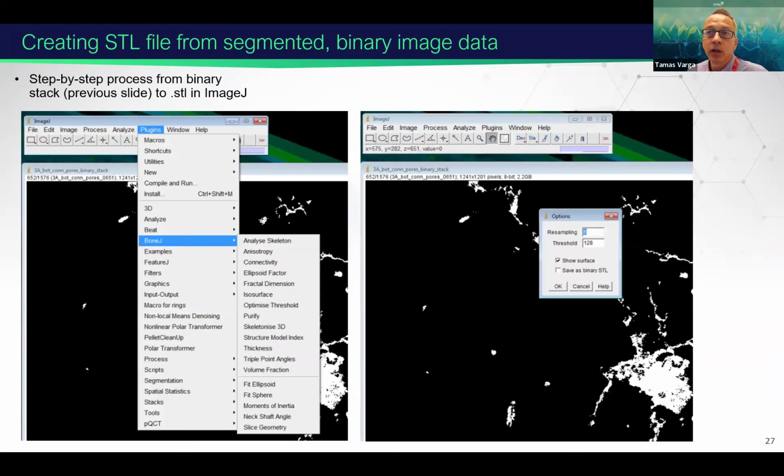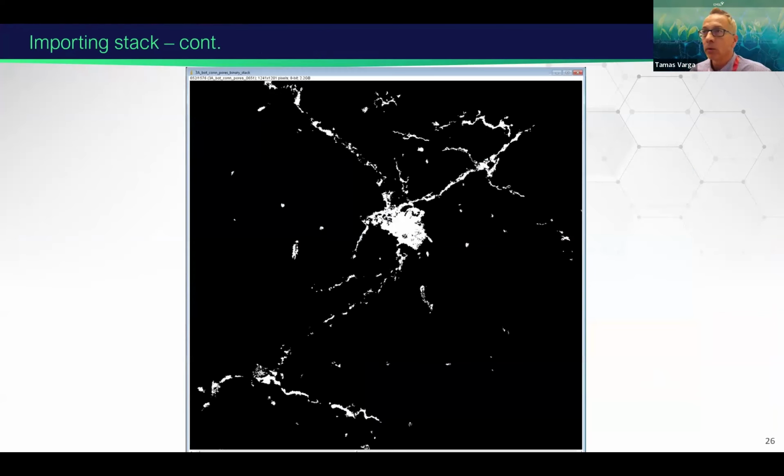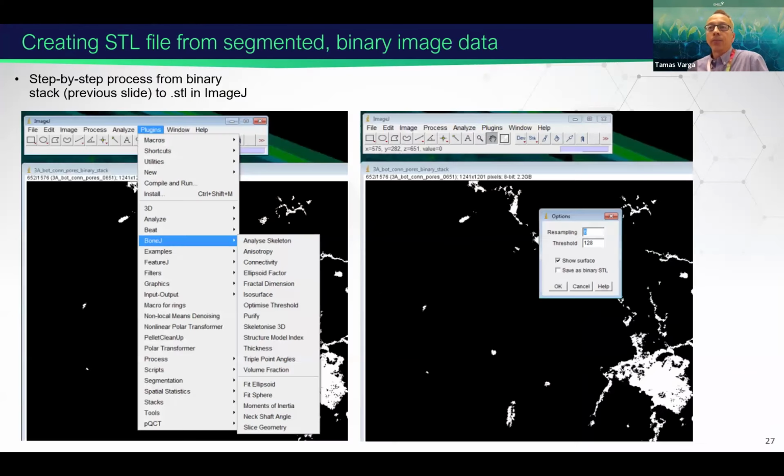Here I'm showing an ImageJ example. It's still sizable. This image would be still 2.2 gigabytes. You can create an STL file of it using ImageJ, which will be much smaller, and I'll show you an example. Basically, you're doing that using the plugin available in ImageJ called BoneJ, and you have to use the isosurface